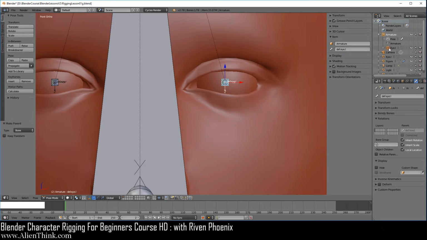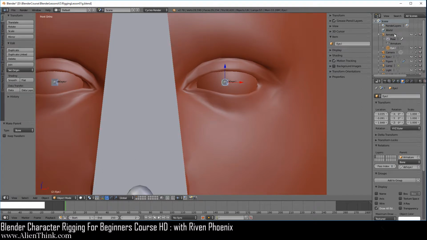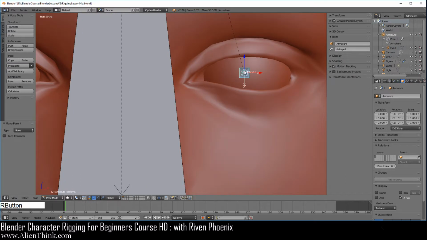Now when we click on this eye, you can see that it's moved under the armature, and when we click on the object tab, you can see how this concept is working over here. It's made the armature its parent, and over here it's saying that it's going to be the parent type of bone, and then it's selecting the dev.eye.l as its parent. So now when you click on this eye and press the R key 2 times, you can see that we can start to move this object, meaning that wherever the parent goes, the child will follow.